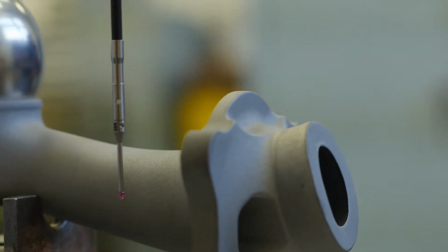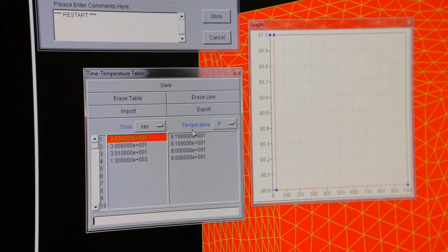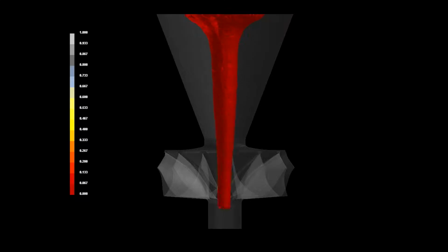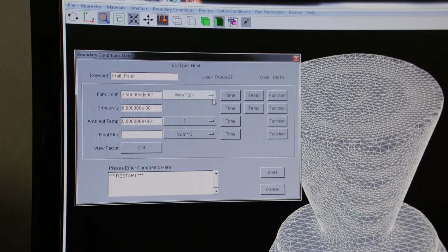ProCast simulations allowed us to analyze GE's designs for potential casting defects. Designing a process that would yield a shrink-free part was a difficult task. The software required the adjustment of many variables based on validation using actual casting trials. In this program, GE's designs push the envelope of castability with the goal of balancing strength and weight for all components. This was clearly an extraordinary tool for the foundrymen that required sharpening before it could be used for accurate